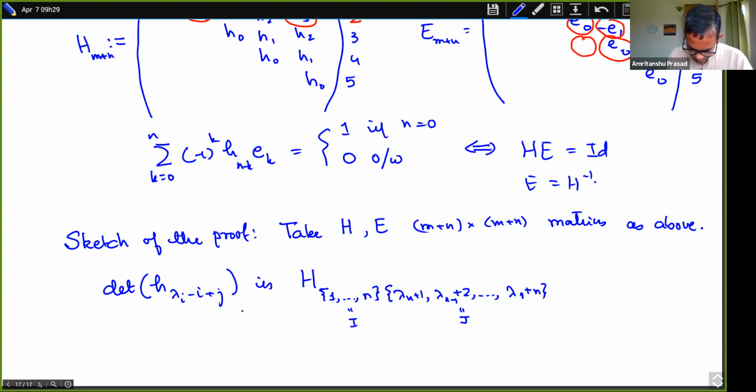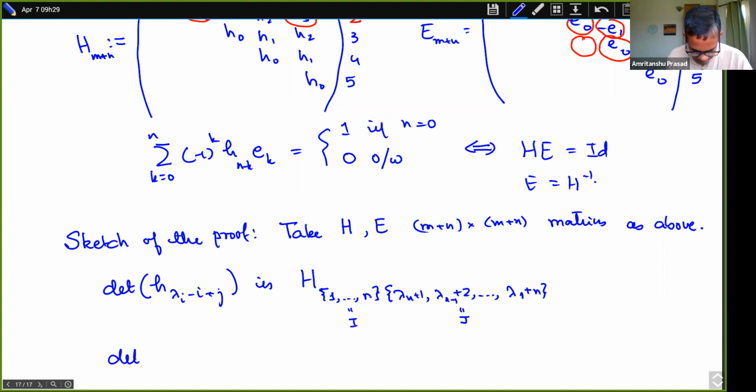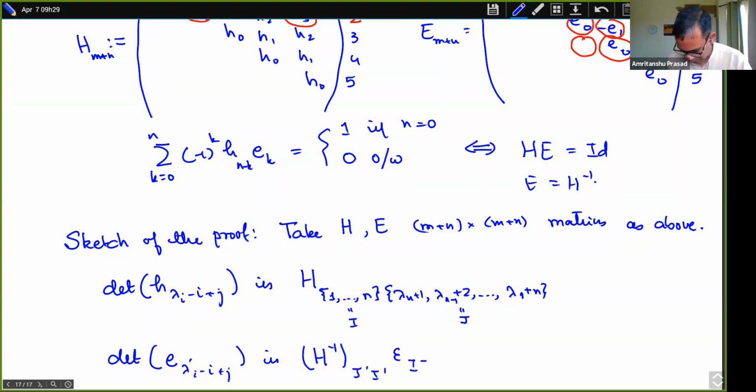And then if you do this, it turns out that the determinant of lambda prime I minus I plus J is H inverse J prime I prime epsilon I prime epsilon J J. So that's the gist of the argument, and of course to check it,